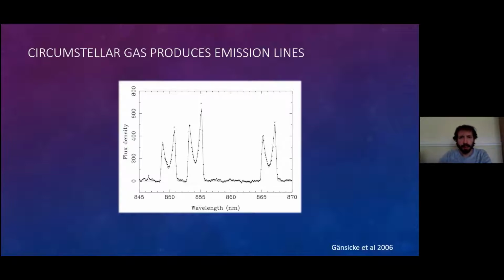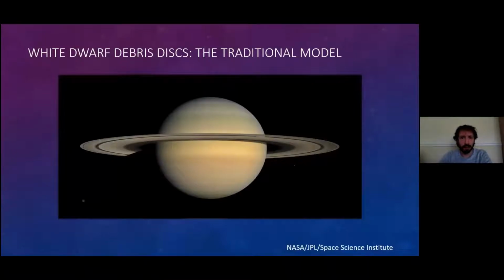So for the last couple of decades, there's been a fairly standard model for describing these disks, and that is of a flat, compact, optically thick disk close in around the star. And a good picture to keep in your mind is Saturn and its rings. So white dwarfs are planet-sized, and we have this razor-thin ring of debris around them that's opaque, so optically thick,